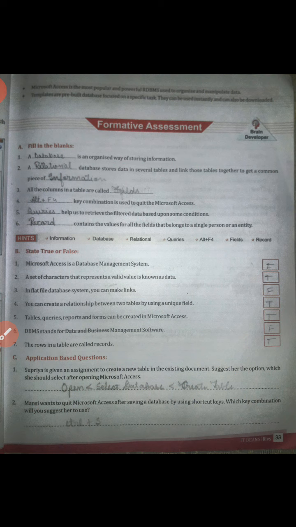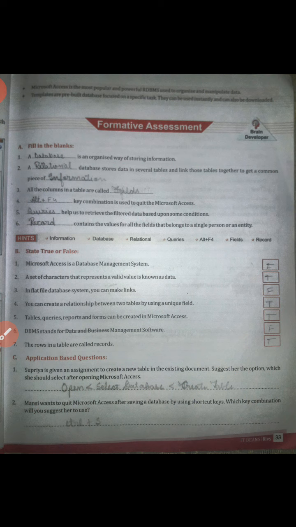C is application based questions. First is, Supriya is given an assignment to create a new table in the existing document. Suggest her the option which she should select after opening Microsoft Access. Answer is open, then select database, and then create table.